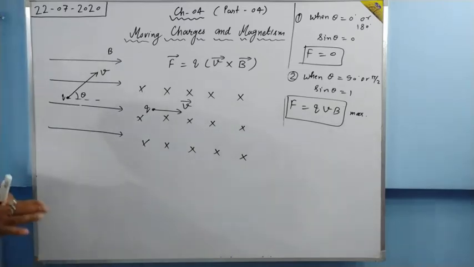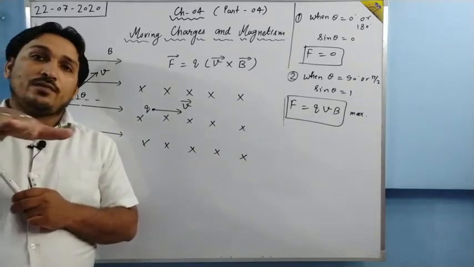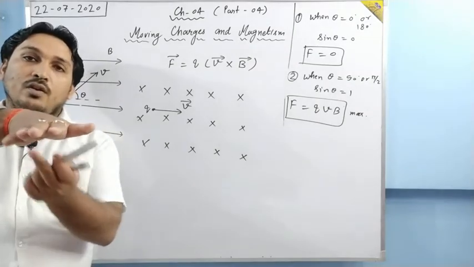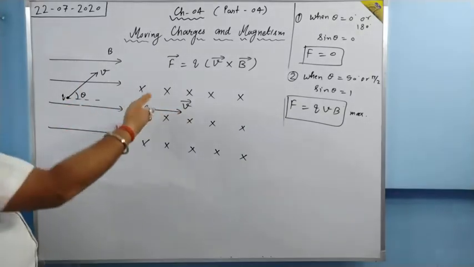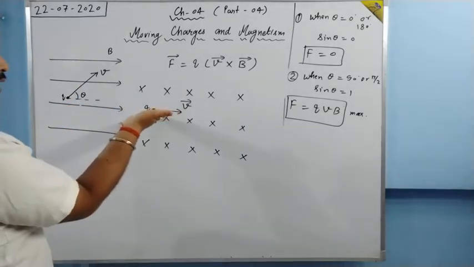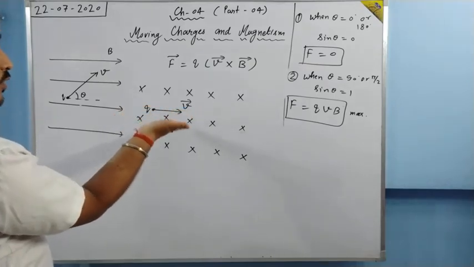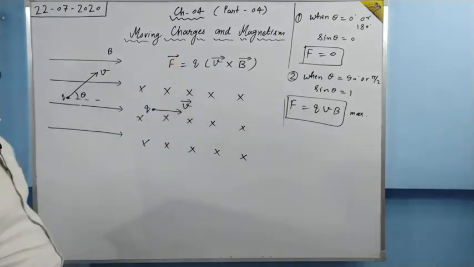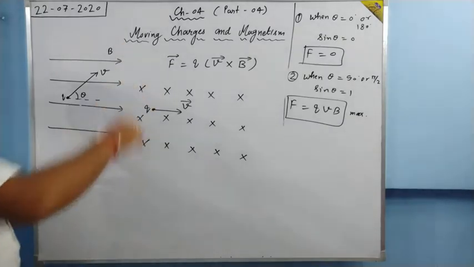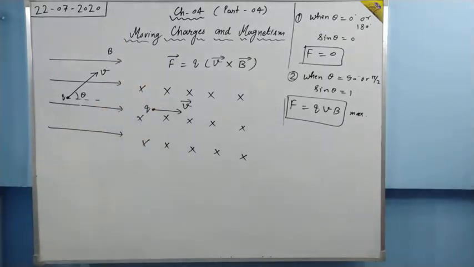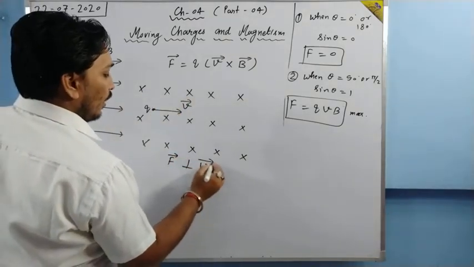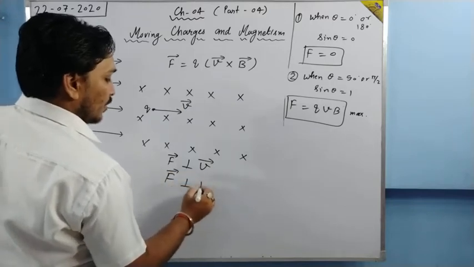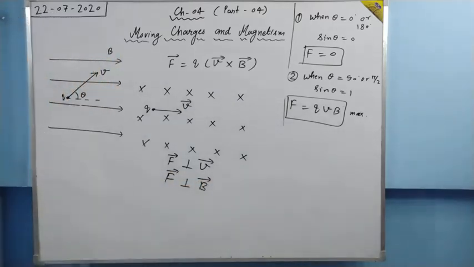From the second rule, the thumb is towards the direction of motion of positive charge, and all these fingers should be towards the magnetic field. So it will be like this. All these fingers towards the magnetic field, extended thumb towards the motion of positive charge, palm faces up. So this charge will experience a force perpendicular upward. From here, one analogy is also there, that F vector must be perpendicular to V as well as F vector must be perpendicular to B also. This is the rule of cross product.